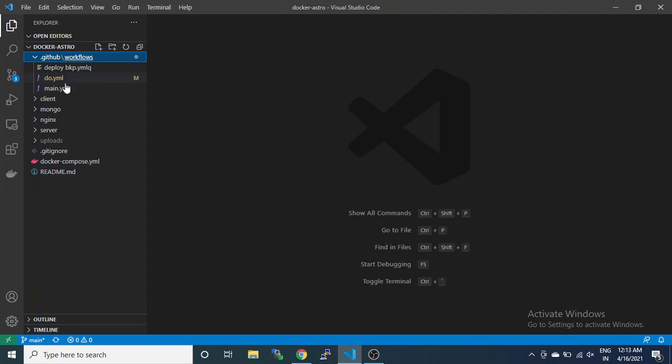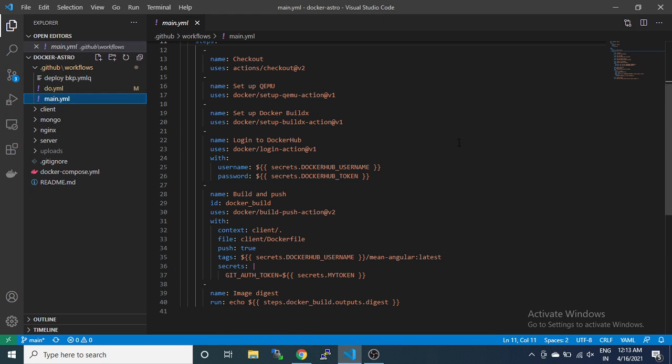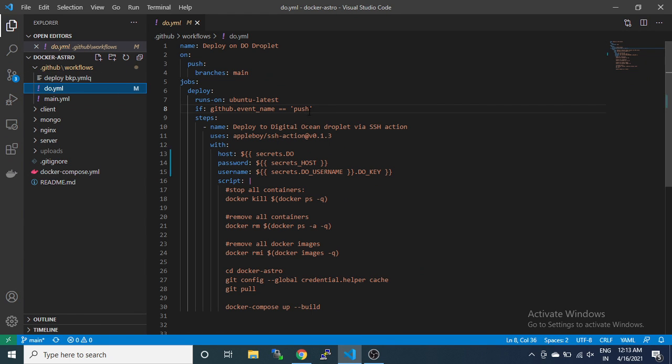We basically have two workflows here, and this one is very simple and of no use. This other one we have written to deploy on the DigitalOcean Droplet, where we already have Docker installed. You can see we have given it a name, on push to branches main.